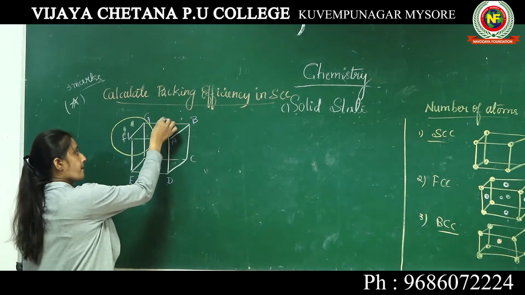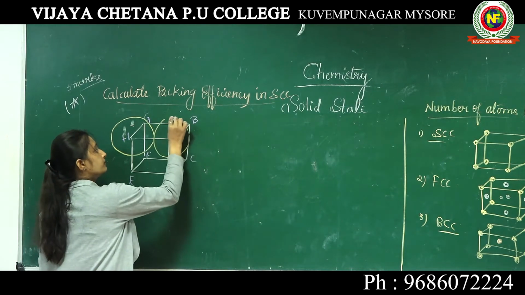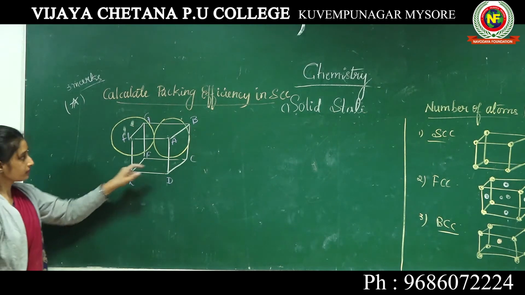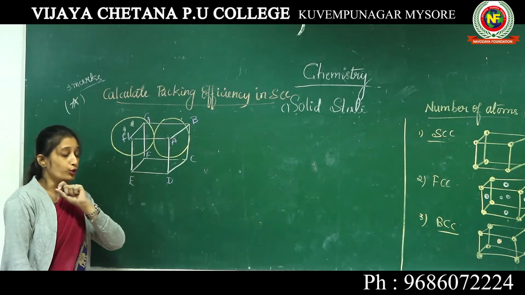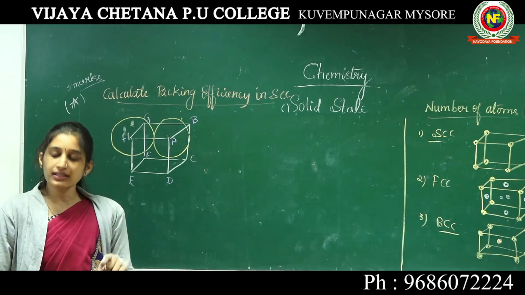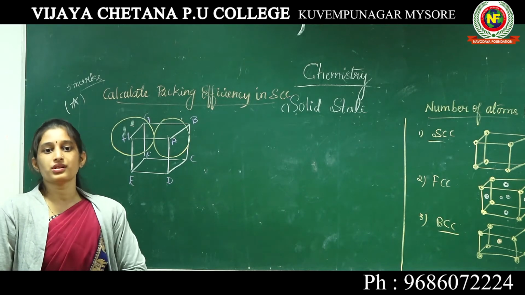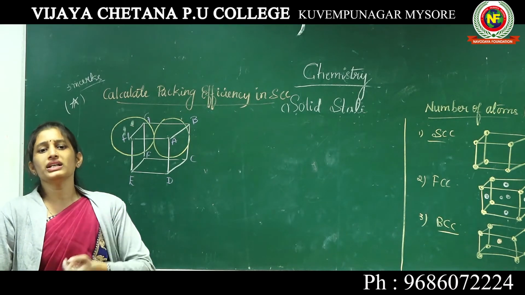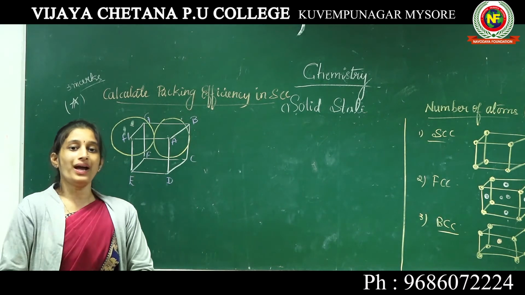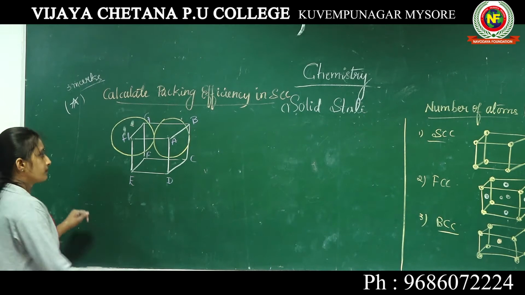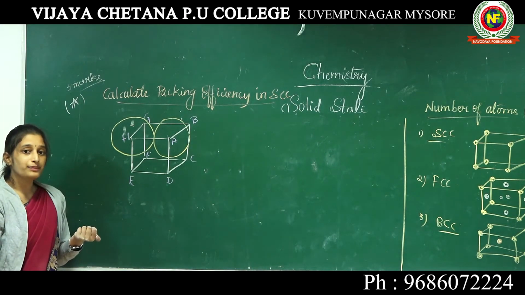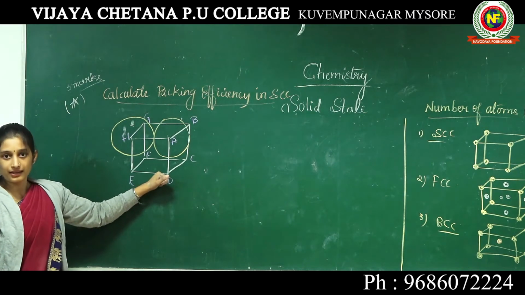One, two. Got it? Total 8 corners are there. No doubt at all. Total 8 corners. 8 corners contain 8 atoms. No doubt. But I want only 2 corners. Only 2 atoms. Now I am going to enlarge the 2 atoms. See? In SCC, where the atoms are present, this is regarding the diagram.